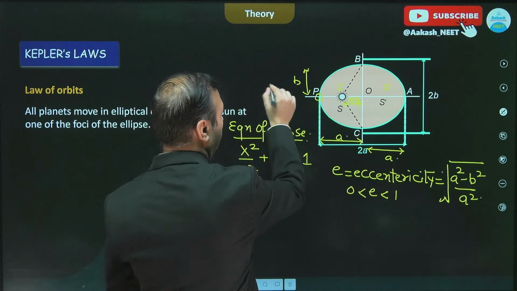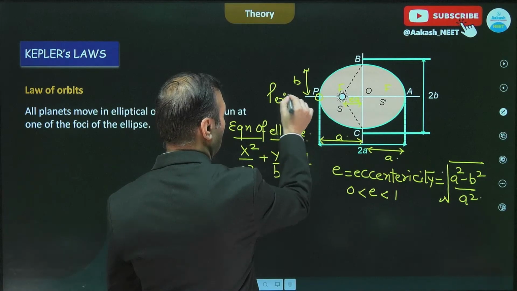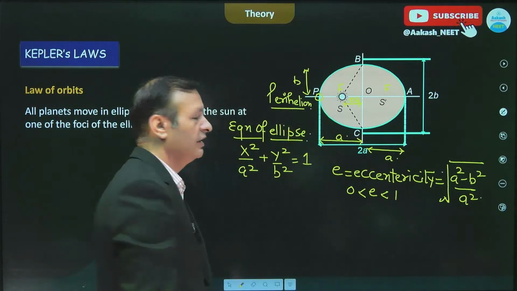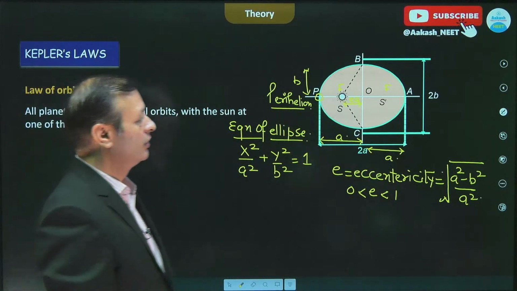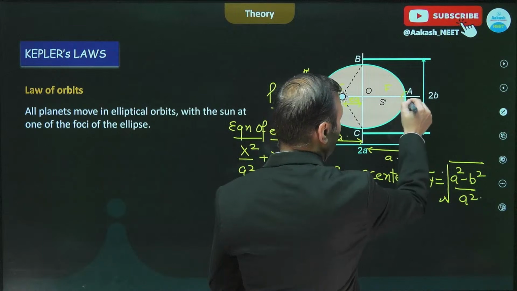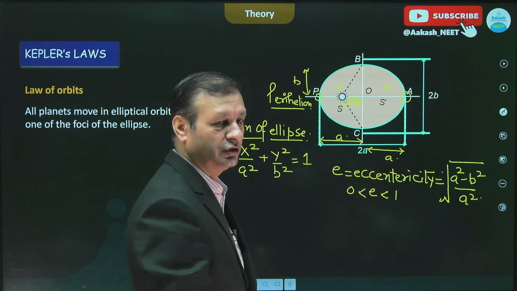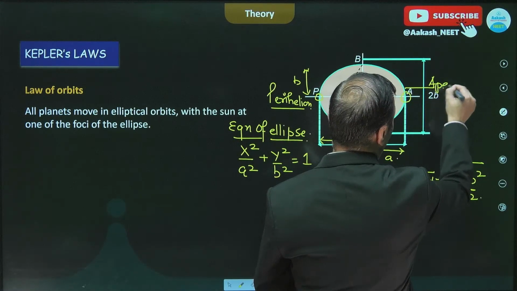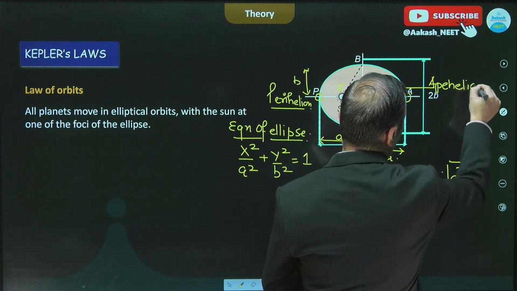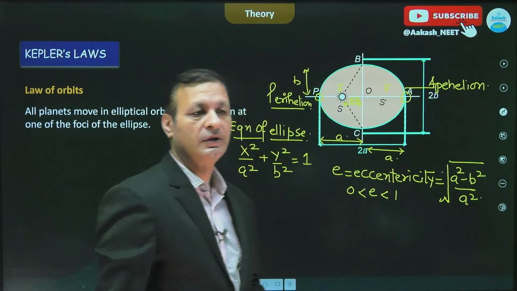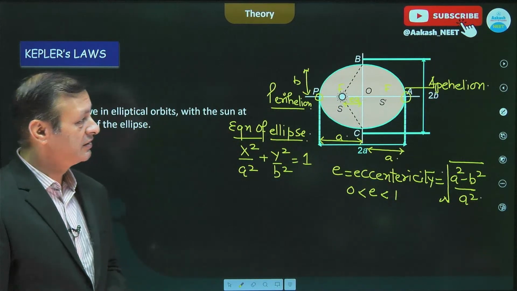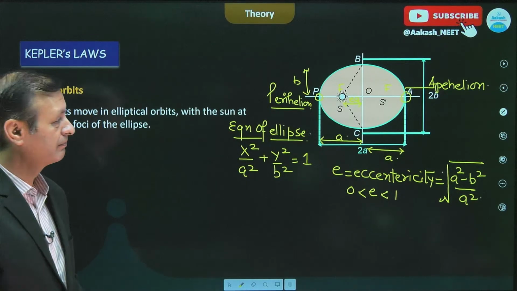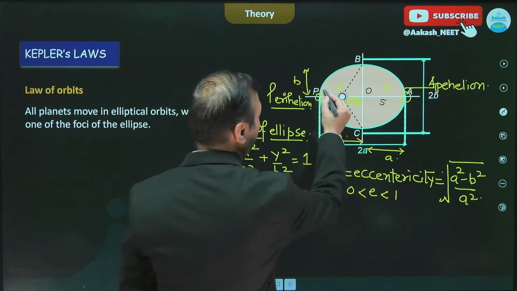Perihelion is the nearby position, whereas this position A, which is the far off position, is called aphelion. So the nearby position is perihelion and the far off position is aphelion. Then what is this